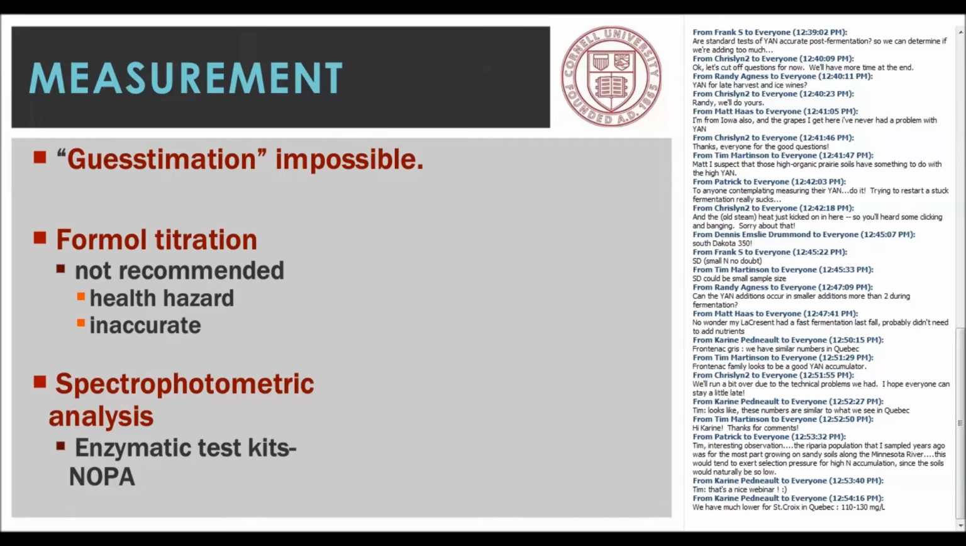For years, we recommended that people use formal titration because it was fairly simple and something you could do in a winery. That's basically doing a titration with formaldehyde. As we become more cautious about using formaldehyde and disposing of formaldehyde, especially in agricultural areas,